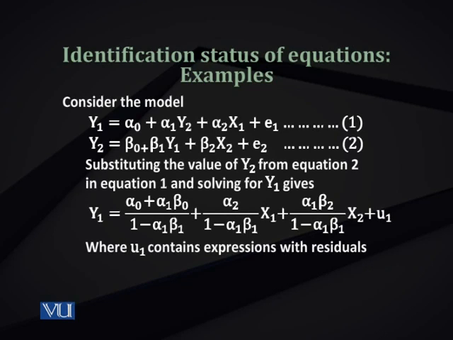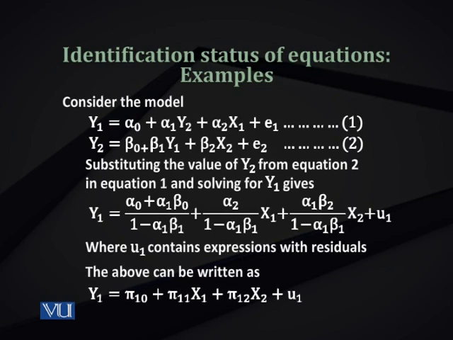You don't have an endogenous variable. This is a reduced form equation. But we normally label these expressions you are seeing as intercept, as a coefficient of x1, as a coefficient of x2. We label them by using the symbol pi. As you are seeing the third equation in the end of this slide, y1 is pi 1 naught plus pi 1 1 x1 plus pi 1 2 x2 plus u1.